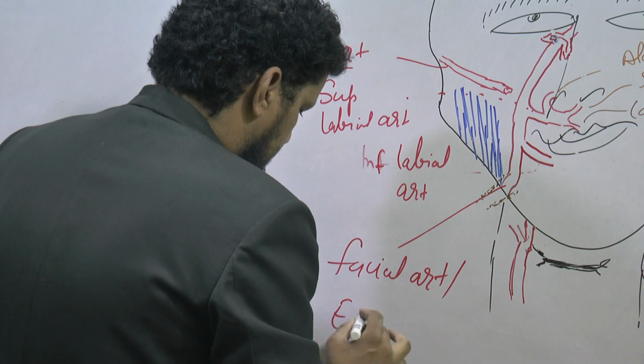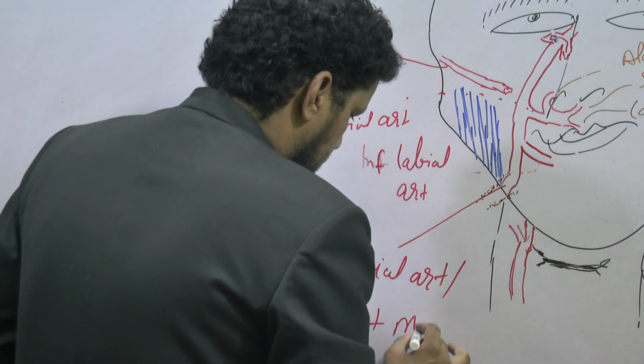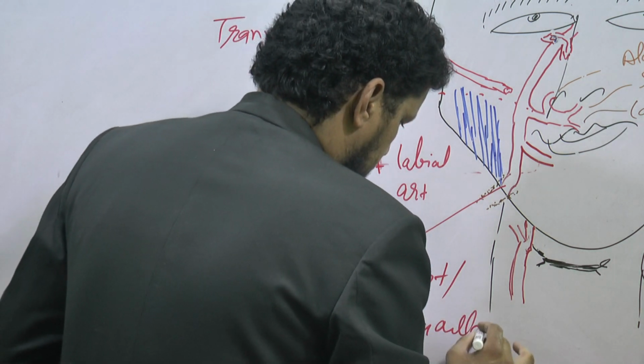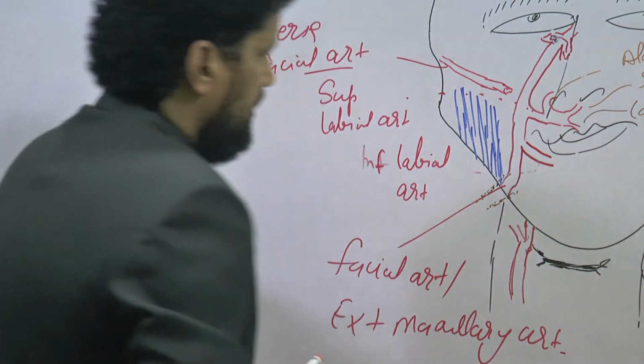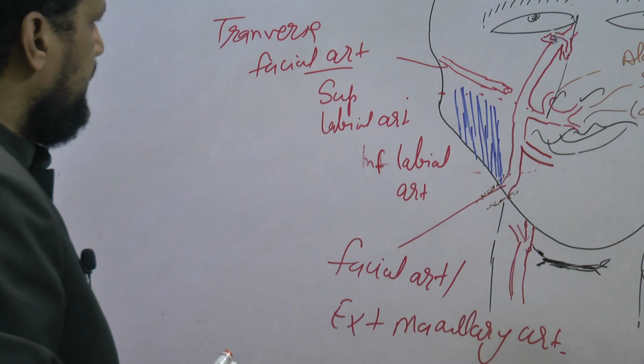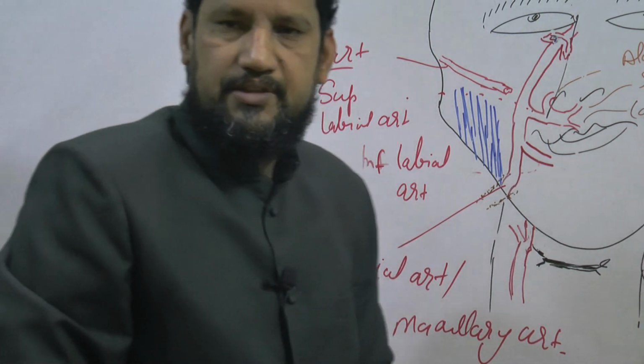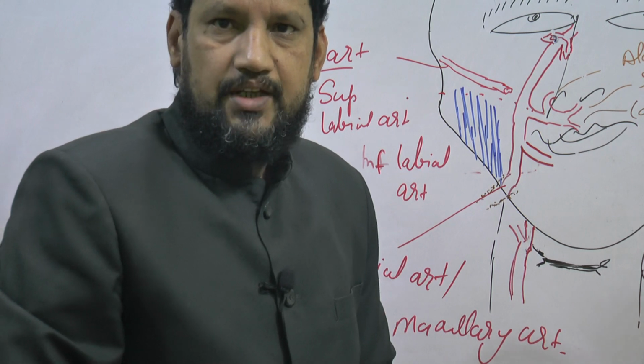Also known as external maxillary artery. The transverse facial artery, which arises from the superficial temporal branch of the external carotid artery, is